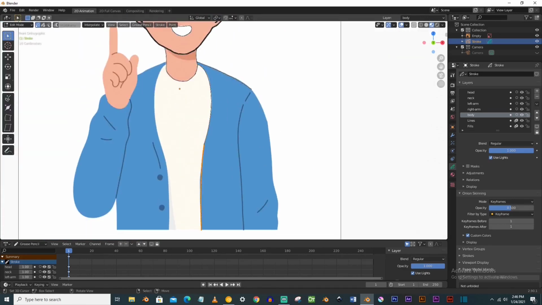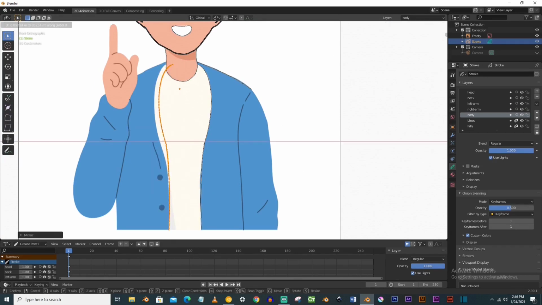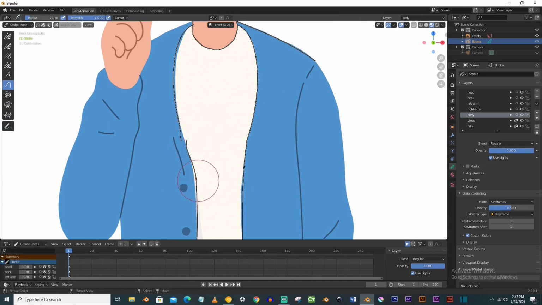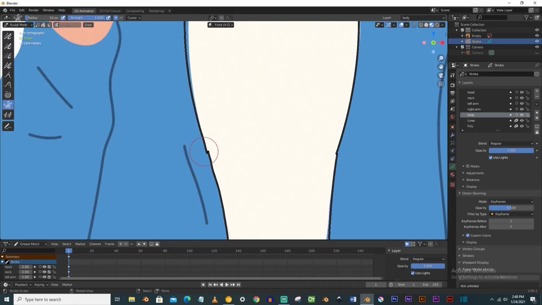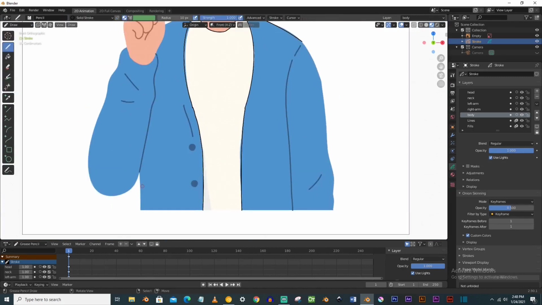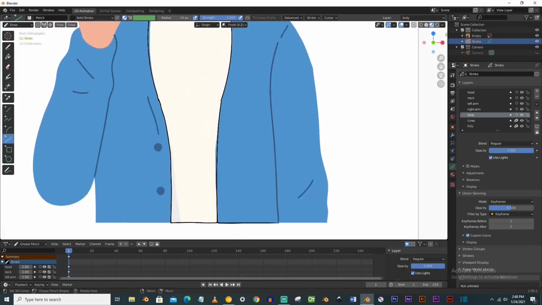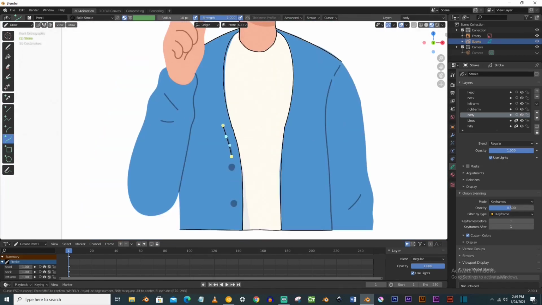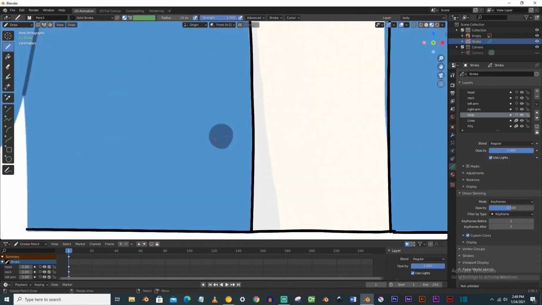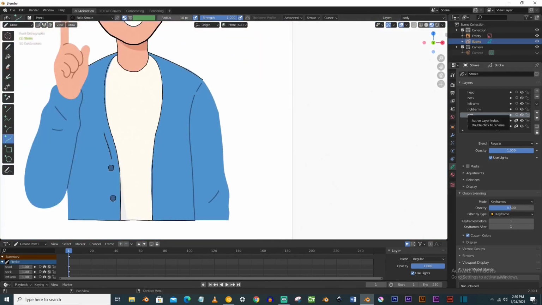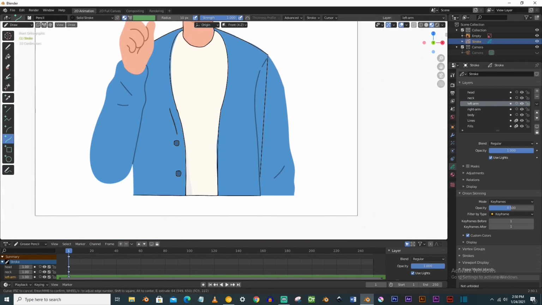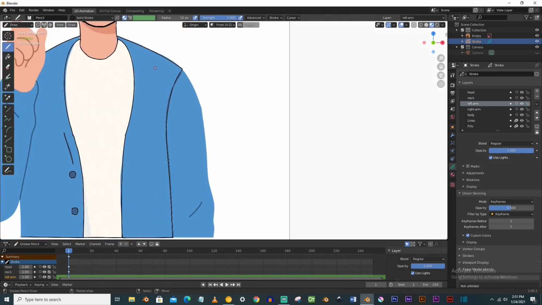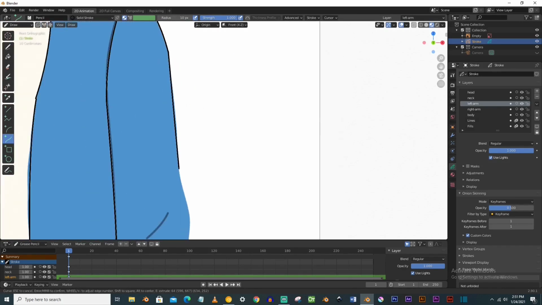Shift D to duplicate and go to the sculpt mode for minor adjustments. And now continue the tracing. You will save your time by using the curve option. One thing is very important here: you have to make the right layer selection. So we will continue just tracing the outline. First of all, we will just make the outline and then we will make the material separately and fill it.